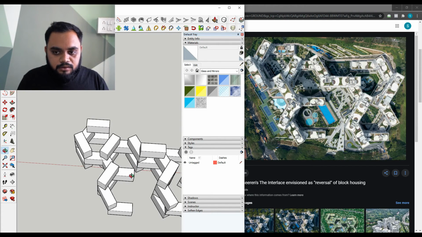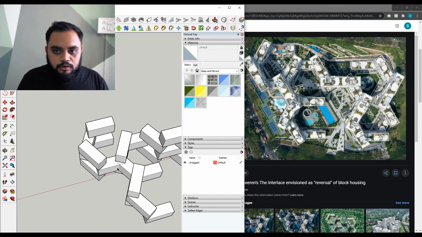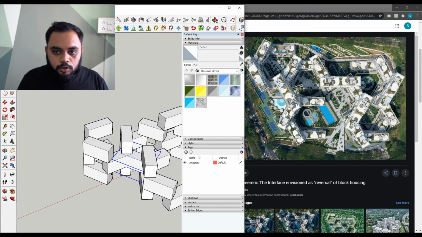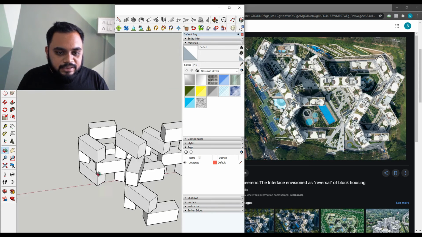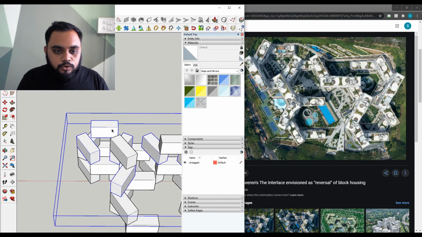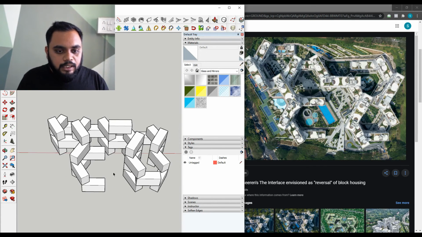Okay, and then let's check this side out. Then you have this block. Now you can see these two blocks are intersecting, but you can clearly see you don't have any block over here. So we'll just place this block onto the top so that we get this place clear and it becomes proper. Then you can see you don't have this block as well, so I just take out this block and done. This is the basic shape that we've got for the interlace.